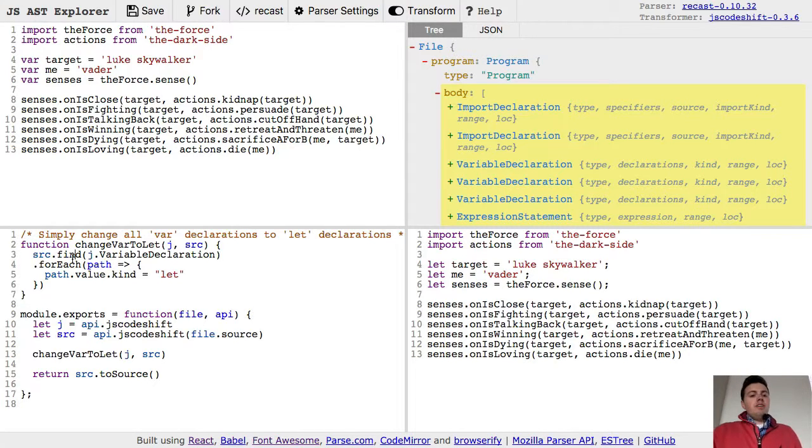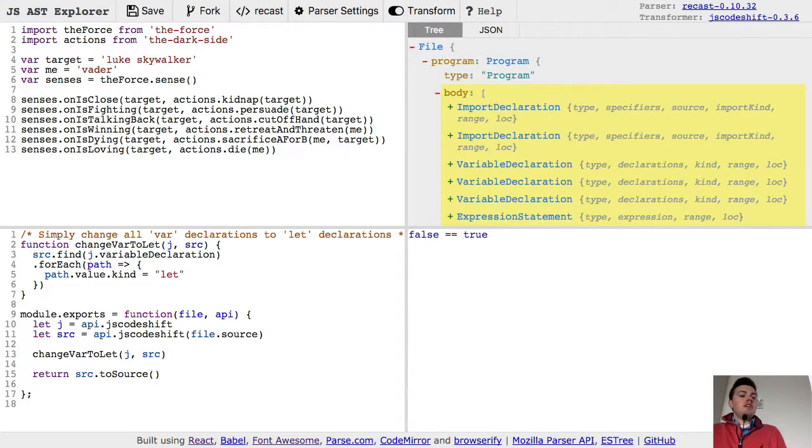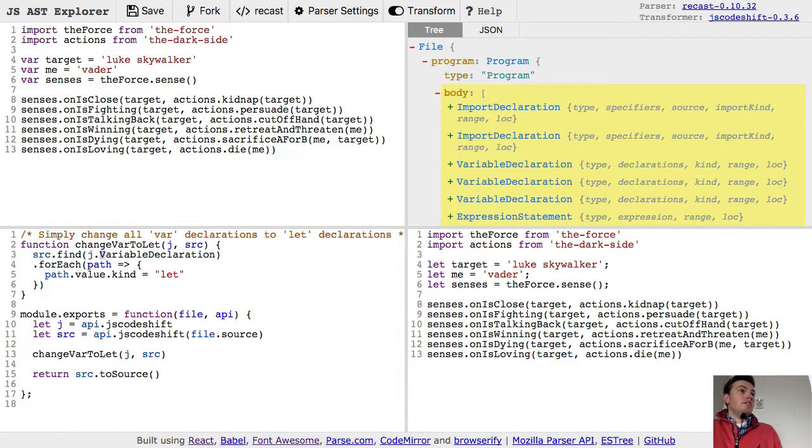So what we do is we say find all of the nodes that are of type j.variableDeclaration. Now here's a quick convention that you'll find when you start to use this. If you're using node types, you can call j, which is the JS Code Shift API, with that type, and an uppercase letter at the beginning will be an object for matching types against. A lowercase letter like that will break, because that's a function that you can use to make a new node of that type. Okay, and it's not written anywhere. It's just how they do it. So remember it. So we find all of the variable declarations throughout the whole AST,